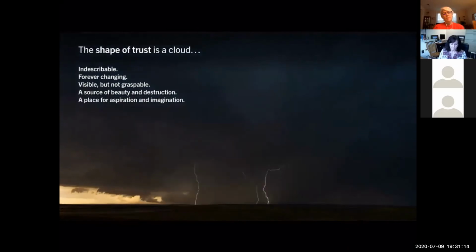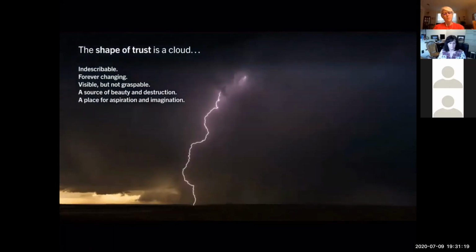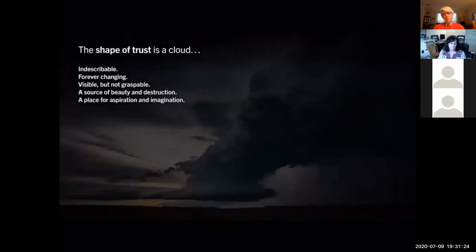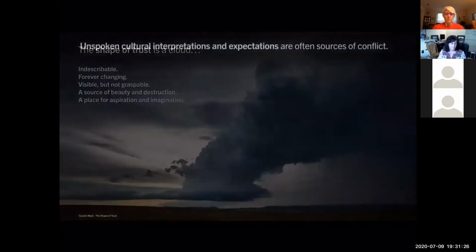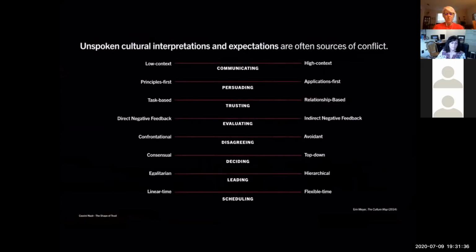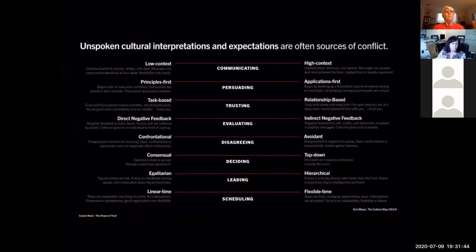And so is trust. Whether or not we realize it, we may take a snapshot in our mind, but trust amongst individuals is always changing. And there is a cultural component to that. You may be familiar with Erin Meyer's 8 factors of cultural communications. They're listed here, and I'll make these slides available so that you can go back and review this. I just wanted to take one of the examples. She's taken a look at cultural context from 8 constructs, from communicating to scheduling,